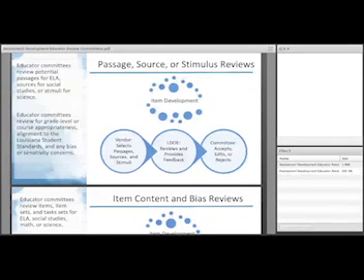So let's start by looking at the passage, source, and stimulus reviews. This is specific to ELA, social studies, and science. Math doesn't have this stage. And really, this is about, before we get into the item development, making sure that the passages for ELA that we're selecting are appropriate, that they're on grade level, that they are engaging, that they are